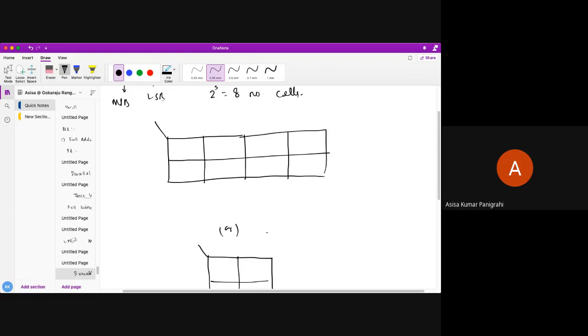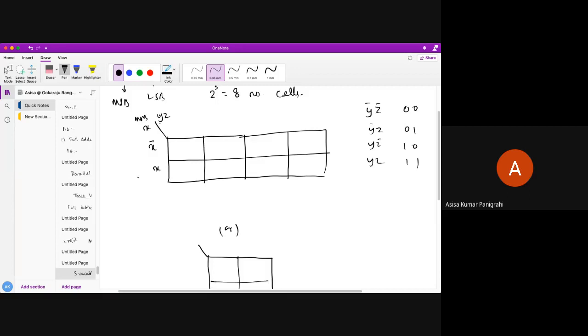Always remember, in order to construct, let's say this is my x, the MSB will always be here, and the LSB will be this side, YZ. What are the different combinations of YZ possible? Either Y bar Z bar, Y bar Z, YZ bar, or YZ. These are the combinations: 0 0, 0 1, 1 0, 1 1. Understand? And for x, the combinations are x bar and x. This is the way; two different ways are possible.